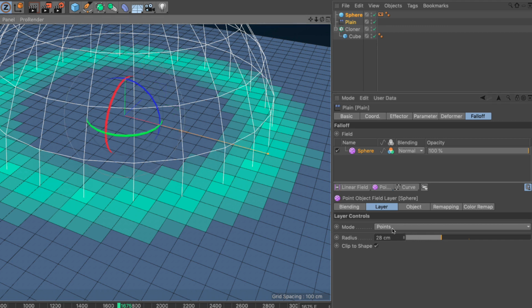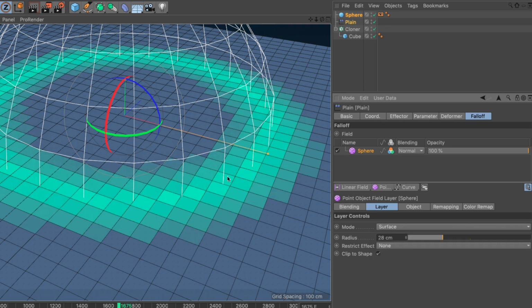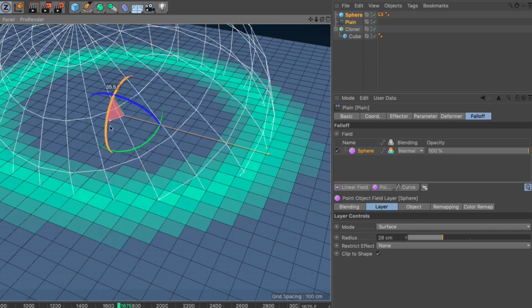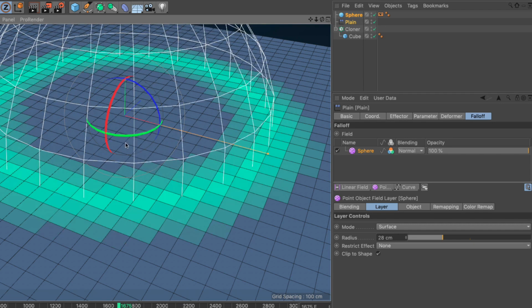Excellent. Now let's change mode and go to surface mode. The surface mode is not going to sample the points. It's actually going to sample the surface. So we get this continuous value from the surface of the object. It's sampling everywhere a polygon exists. So if I rotate it this way, you'll see nothing really changes, only a few flickers, because the sphere has